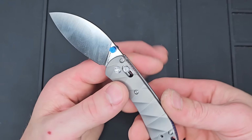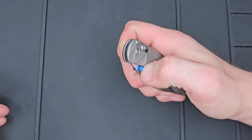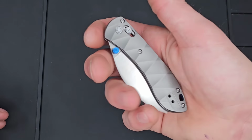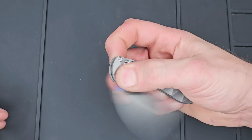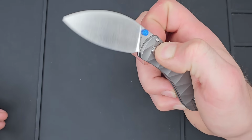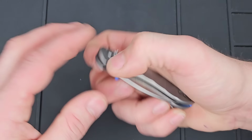This one, like I said, is a new version that's coming. But there are so many different handle materials, handle options, and blade steel options, and so on. The action is really good. It is on bearing action. And yeah, just a great little knife. Next,